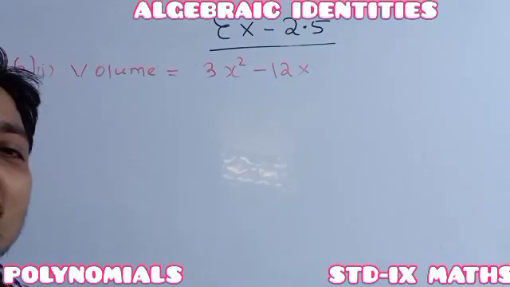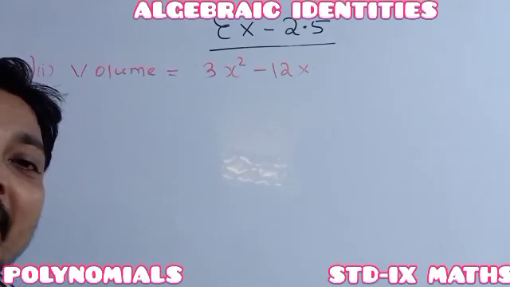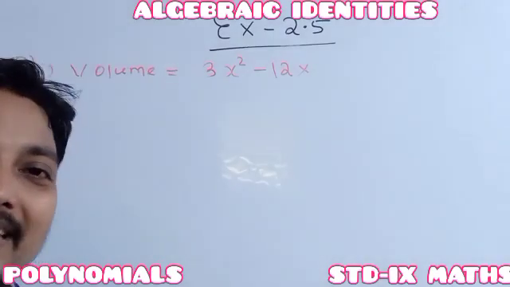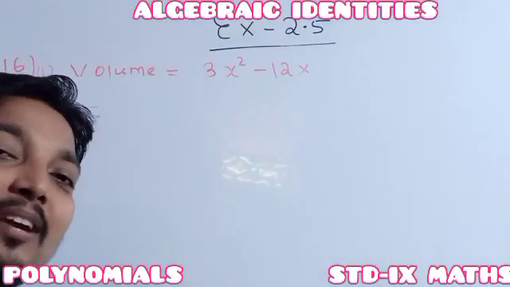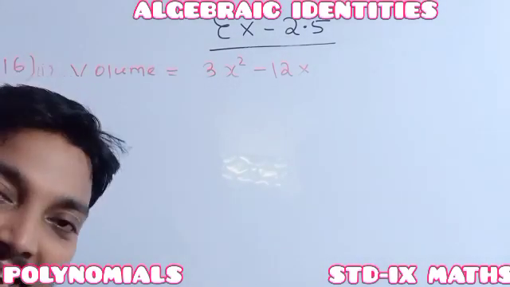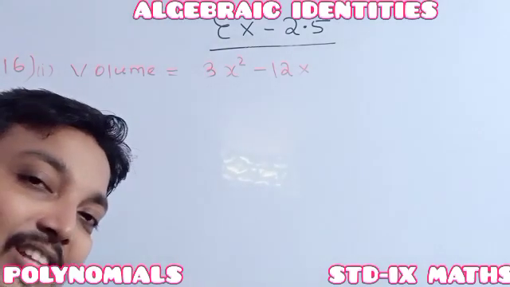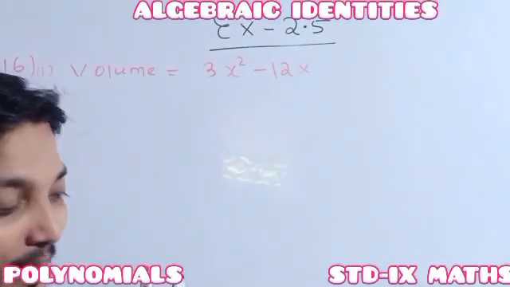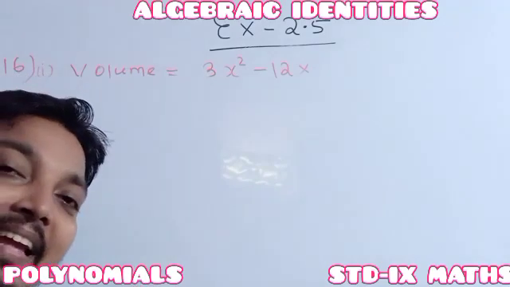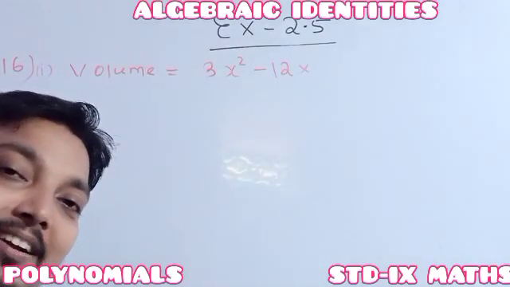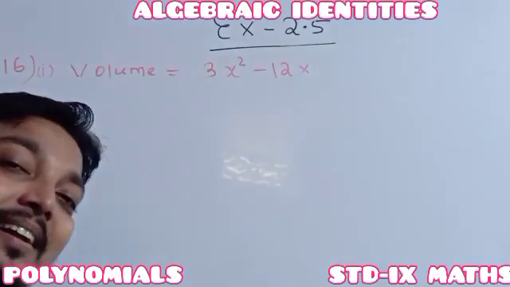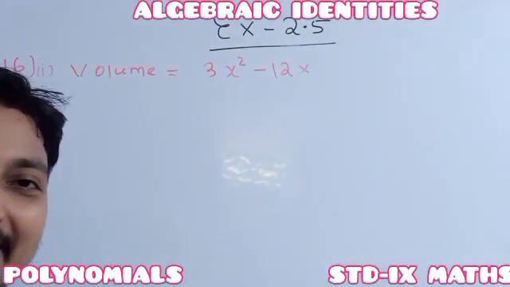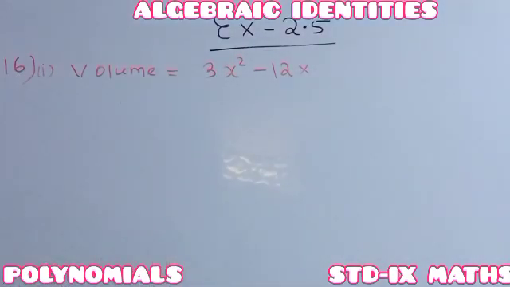Just like in question number 15, the area was given, and from the area by solving we could convert it into the factorization form. So one is the length, another one is the breadth. Whenever we express the area in the form of the product of two factors, it means we have already converted to the dimensions. In the same way, here the volume is given. Volume is given, but it is asked that you have to find out the dimensions of the cuboid.